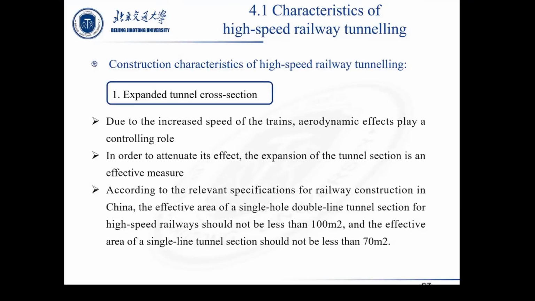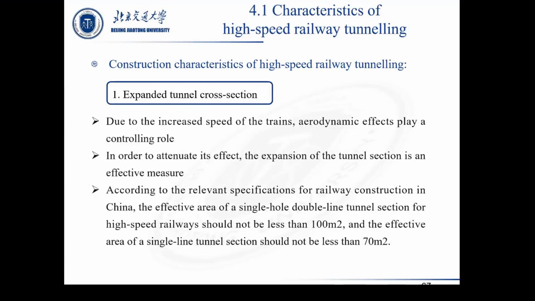Increase the train running speed. The dynamic effect on traffic passage comfort, the adverse impact of the KV and environmental have been very obvious and play a control role. In order to weaken its impact, the expansion of tunnel section is an effective measure. According to the relevant specification for railway construction in China, the